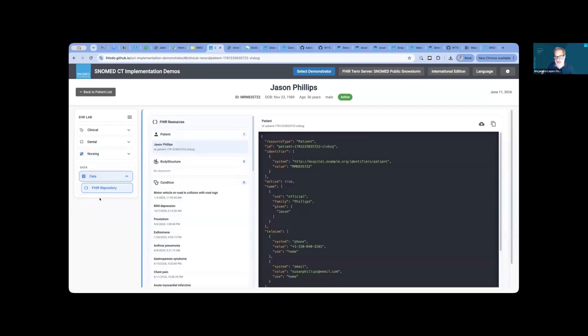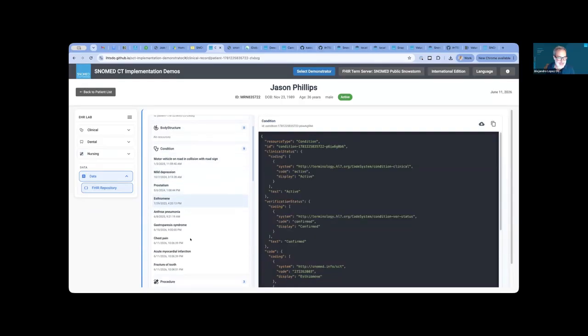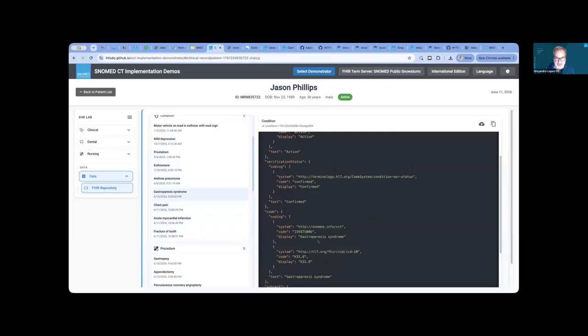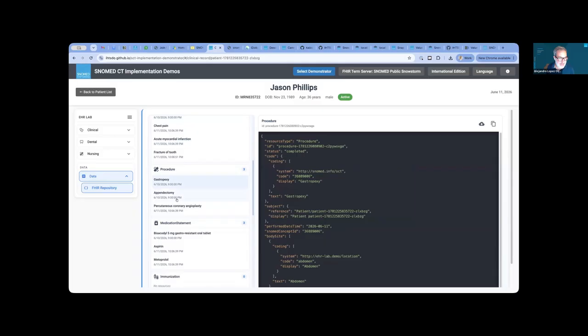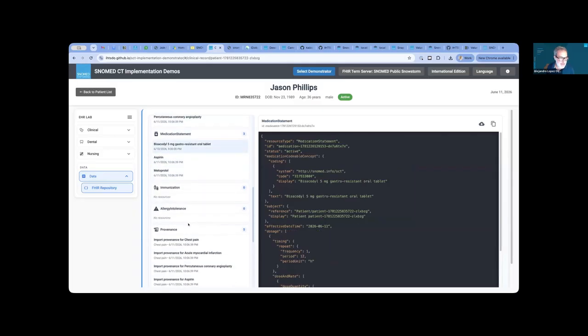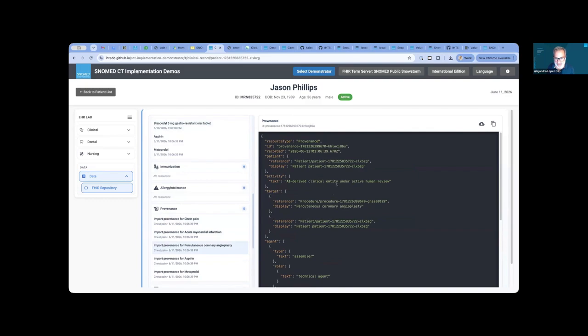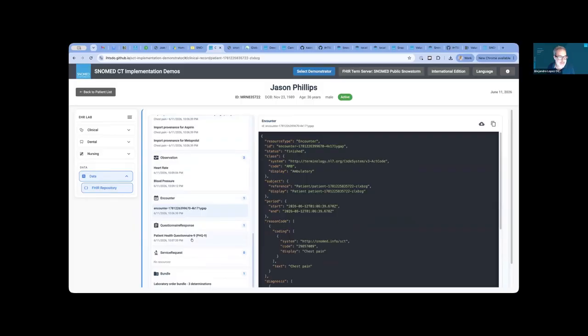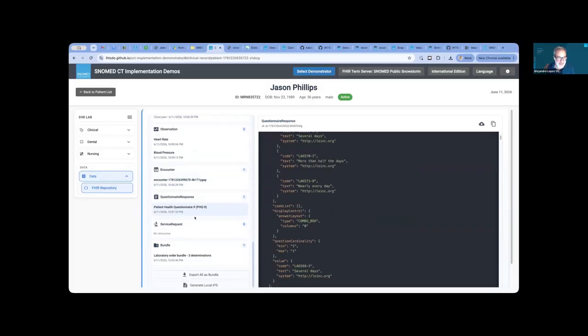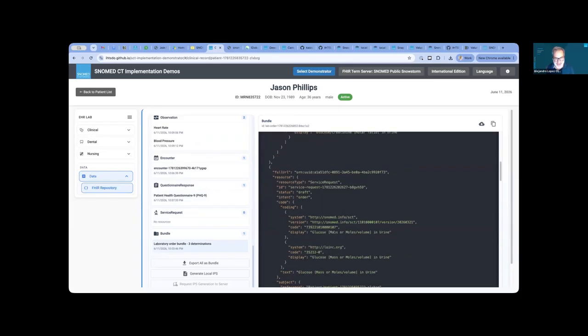And when you store this information, it is stored also using a standard. So the simulated EHR in your browser is recording small documents that are FHIR resources. So each time you save something, this is the document that is stored. Then you see the SNOMED codes inside, and the ICD-10 code, for example, inside the FHIR resource. You have the procedures, you have the medication statements, you have the provenance informing that this was created with AI assistance, the encounter, the response to the depression questionnaire. Everything is a FHIR document, and the laboratory order.